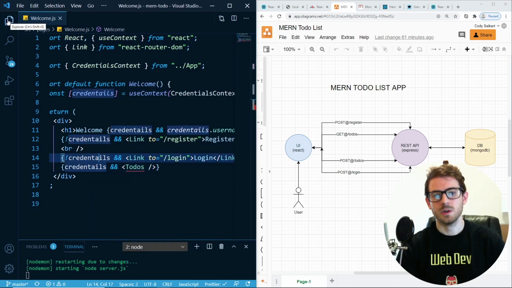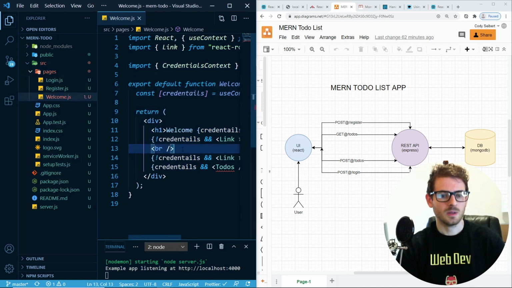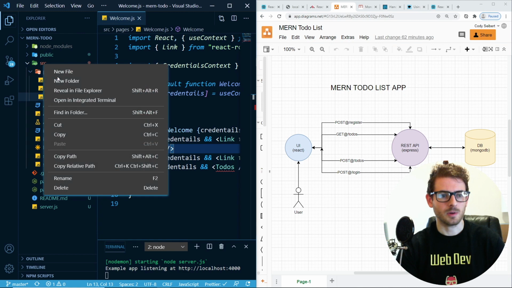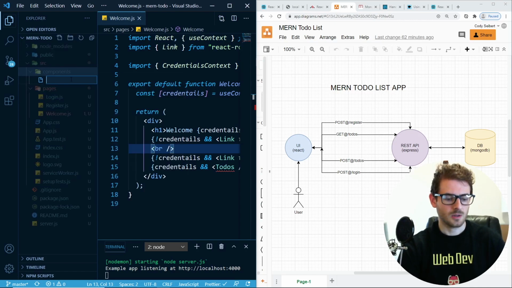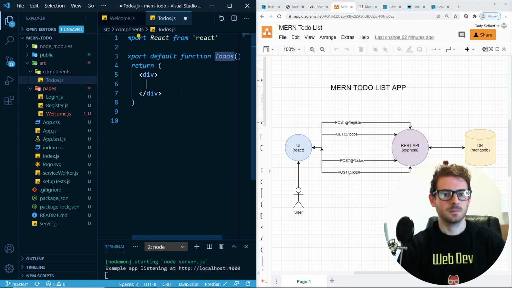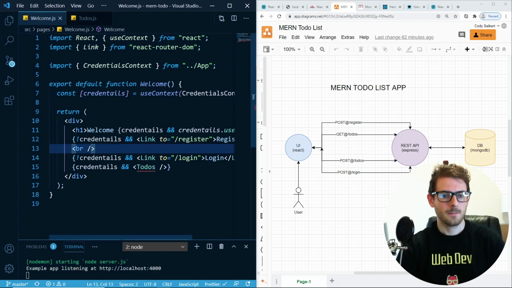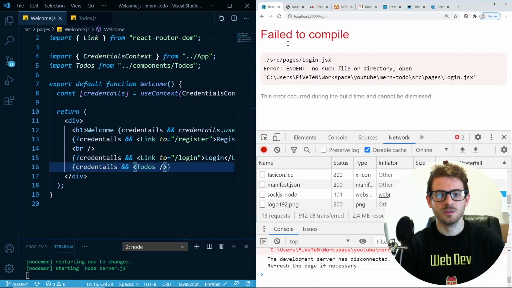We haven't created one yet, so let's just go ahead and go back to pages. You know, and this isn't a page, this is more of a component. So I'm going to say components, and then I will say todos.js. So I'll make sure I auto import that here. And now if I go back to my app,